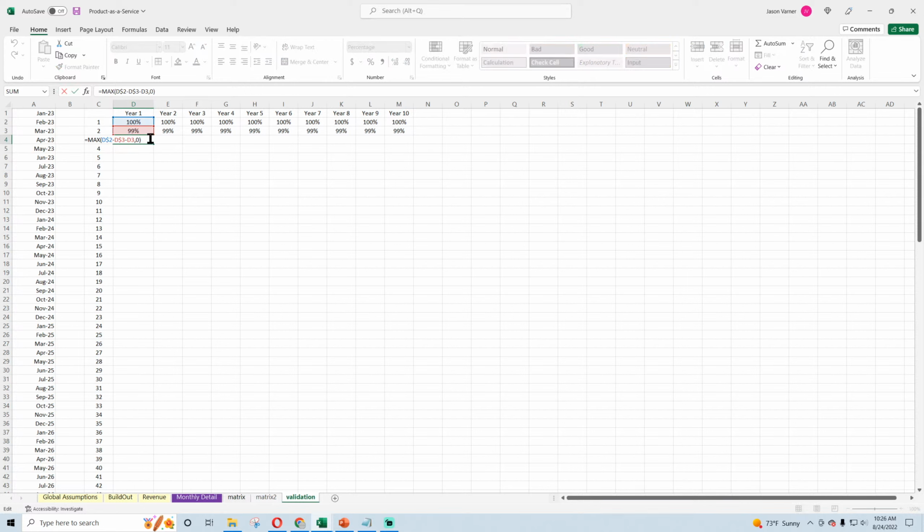I think I need another decimal or parenthesis in here. So I want D3 minus the difference between D2 and 3, and those locked.